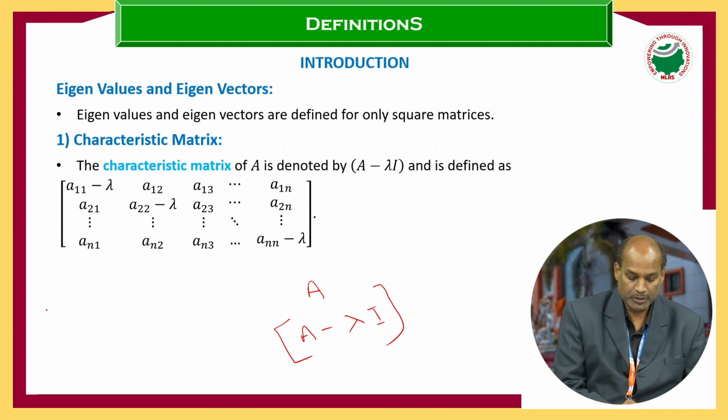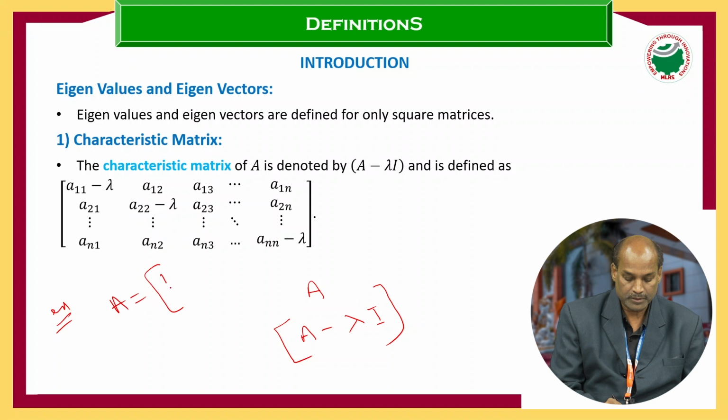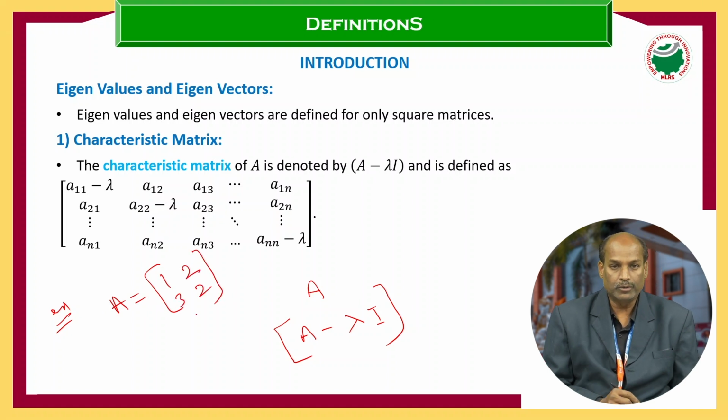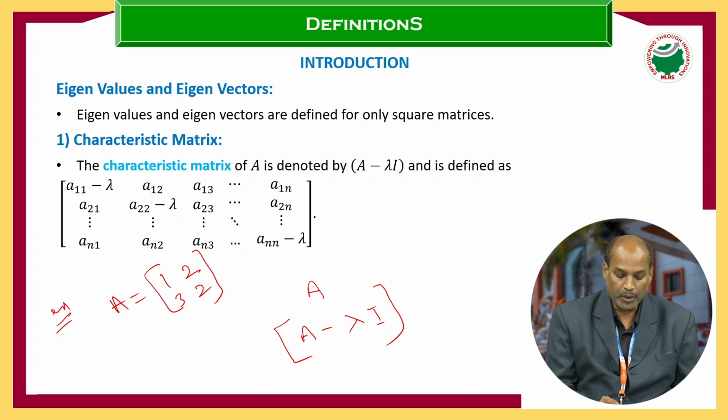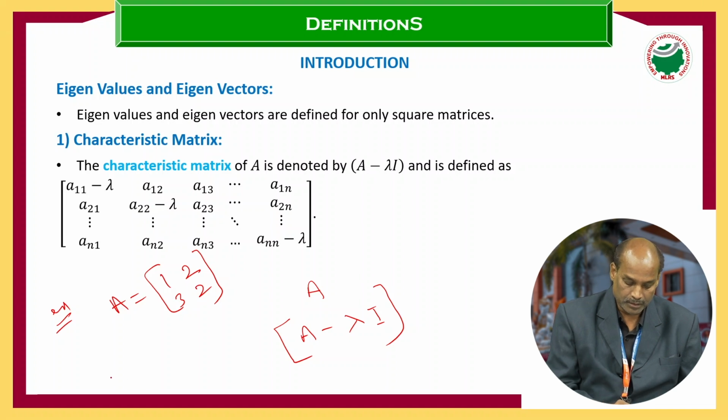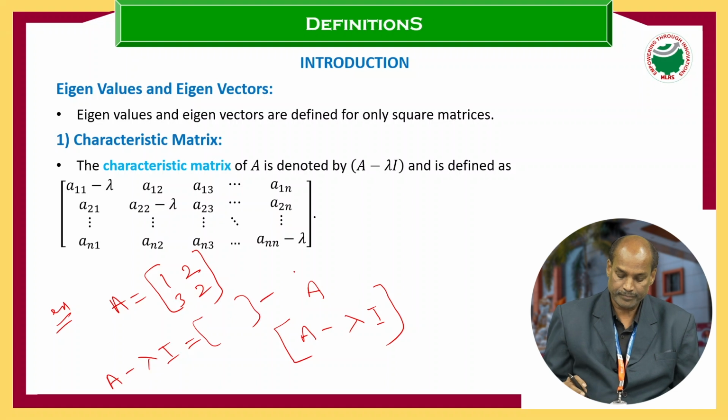For example, you see this example. A is equal to [1, 2; 3, 2]. It is a 2 by 2 matrix. Now in this, what are the diagonal elements? Diagonal elements are 1 and 2. Now A minus lambda I. A minus lambda I means here what happened? A matrix minus